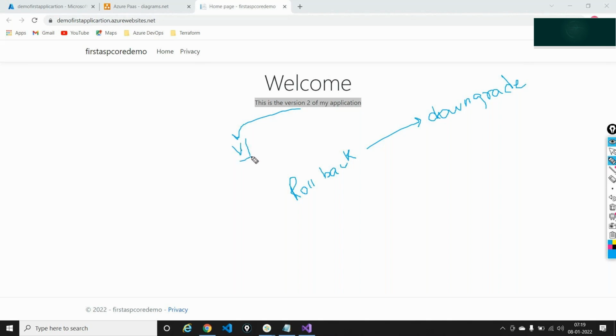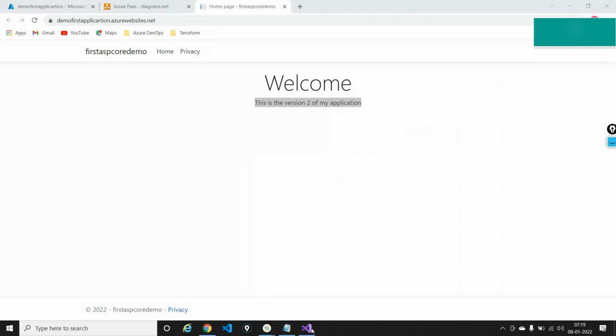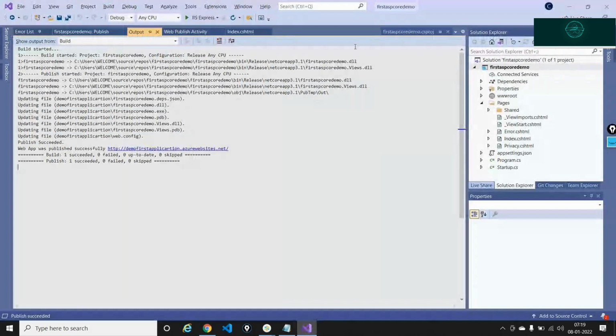But where is that code? Where did I save it? Do I have version 1 anywhere? This is a question for you guys. Do you all understand the problem I'm facing right now? Anyone, what's the idea here? What should I do to get version 1 back? Any inputs from your end?